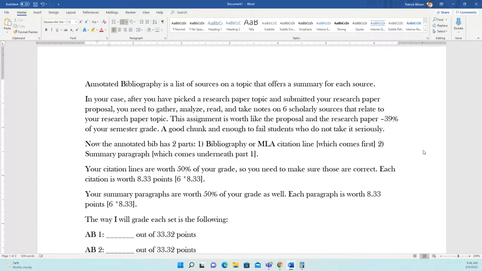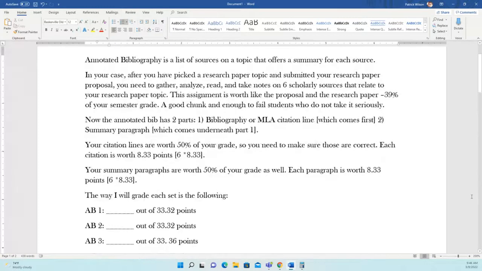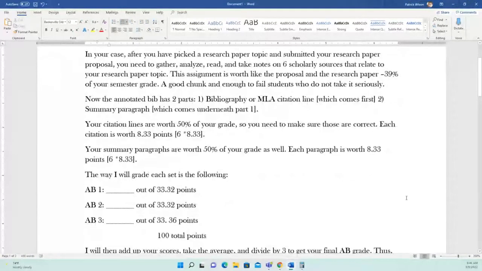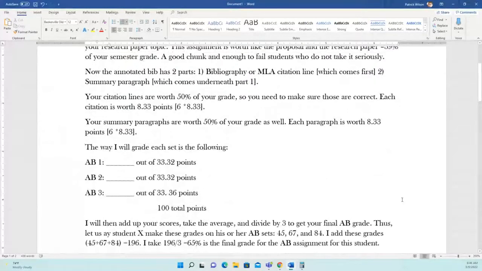Now, there's really 2 parts to the annotated bib assignment. One is the bibliography or MLA citation line, which comes first, and then what comes after that citation line is the summarizing paragraph. Again, I will show you some models. I will show you some techniques that will help you create the citation line and the paragraph for each one of your sources. Your citation lines are worth 50% of your grade, so you definitely need to make sure those are correct,